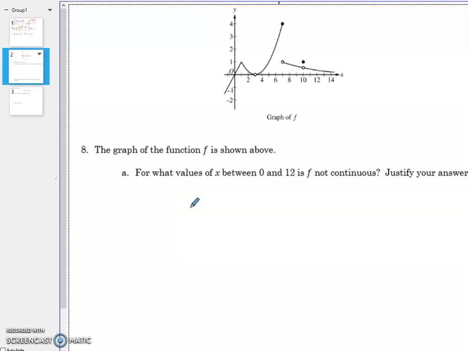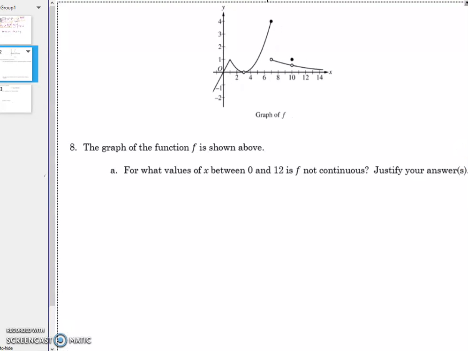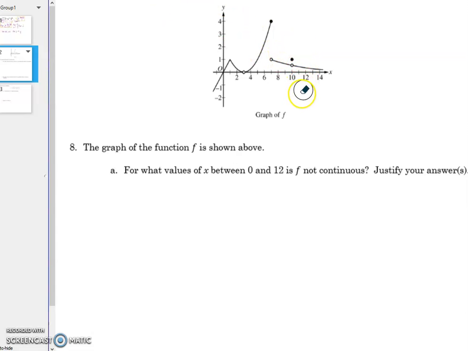So beyond the definition of the derivative, there were questions about continuity and differentiability on your test. This was number 8, and there's a picture. You're given a picture up here, and it's got some holes and some jumps and some things, and it says for what values of x between 0 and 12 is f not continuous? So one way to think about continuity is, can you draw it without picking up your pencil? And if the answer is no, then the place where you pick up your pencil is where it is not